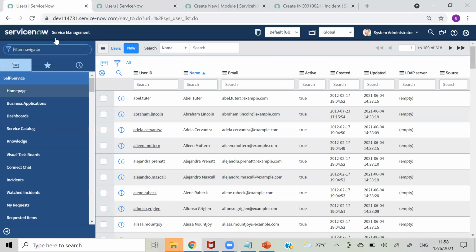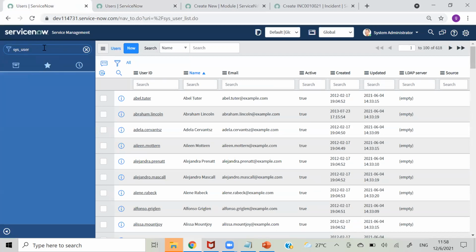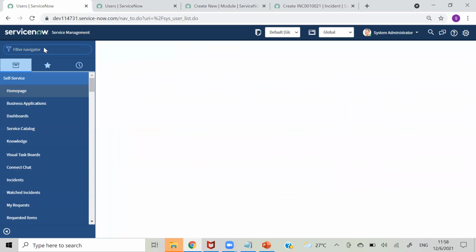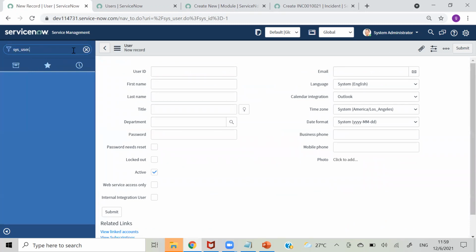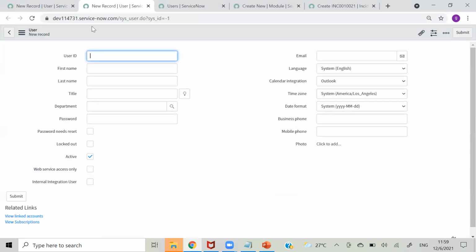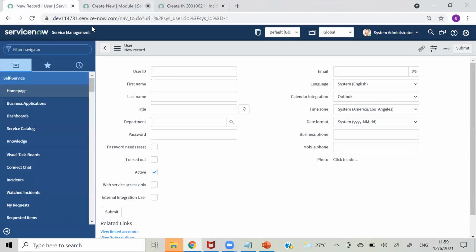So that is a shortcut. And then we have form, sys_user.form in small letters, so it will open in this content panel only. And the same with .FORM in capital, it will open in a new window. So these are the shortcuts we have in ServiceNow. Okay, small list, capital LIST, small form, capital FORM.